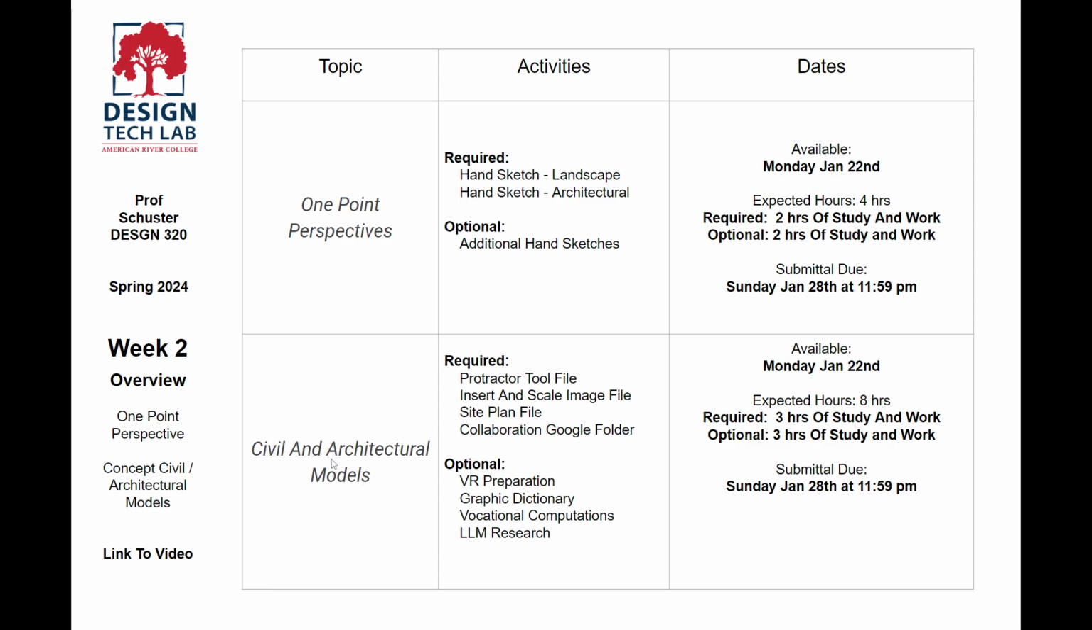Then we'll move into making some models in SketchUp, civil and architectural models. To do that, you're going to have to understand how to use the protractor tool in SketchUp, so there's a file about that. You'll need to learn how to insert and scale an image. That's what we're going to use. We're going to use a flat image to start developing our 3D model. And so we'll need to get that in there and scaled to the right size so that everything is true size. And then there's a site plan file for you to get started with that